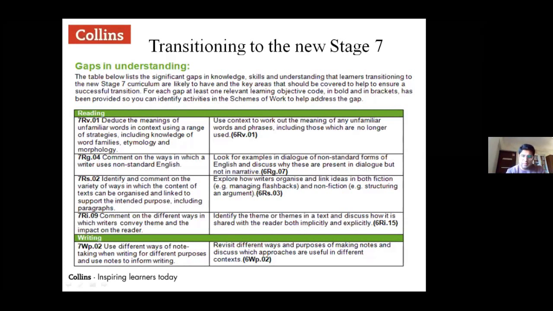If the exam pattern is the same, then will listening and speaking skills not be assessed? No, they will not be assessed. Listening and speaking was never assessed in the lower secondary checkpoint English. It's assessed for English as a second language at lower secondary checkpoint, which I doubt any school in India takes, though I know a couple of schools do, but apart from that, I don't think any school does.